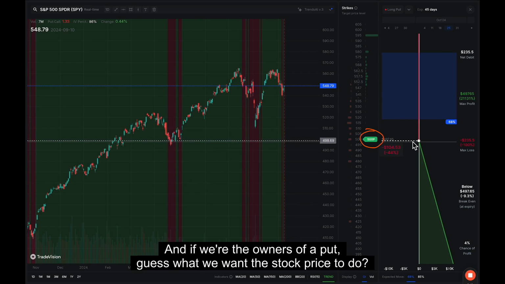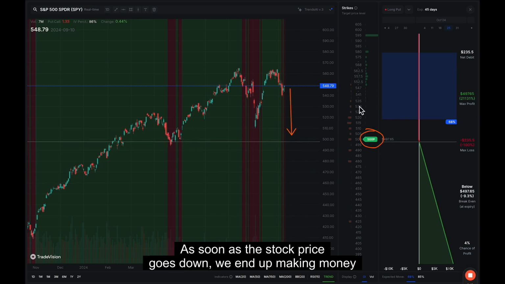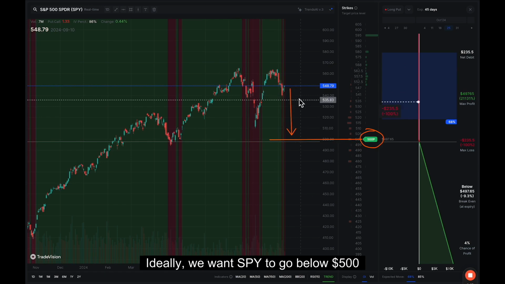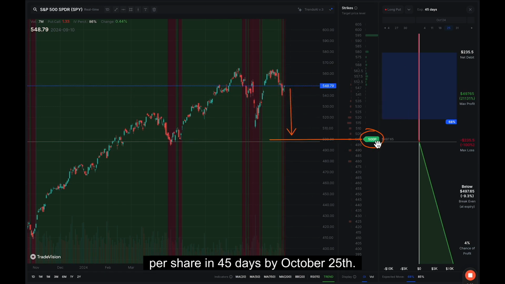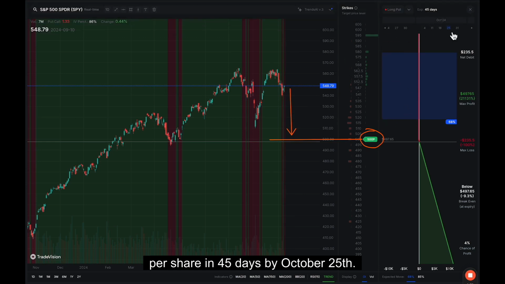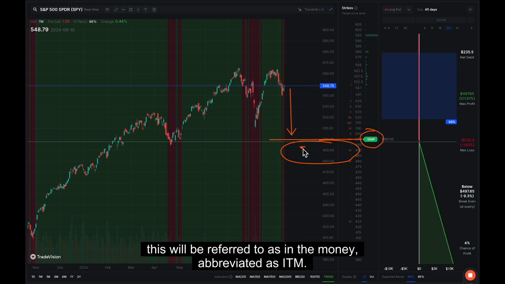And if we're the owners of a put, guess what we want the stock price to do? We want the stock price to go down. As soon as the stock price goes down, we end up making money because we own this put. Ideally, we want SPY to go below $500 per share in 45 days by October 25th. If the stock price ends up being somewhere down here in this area, this will be referred to as in the money,